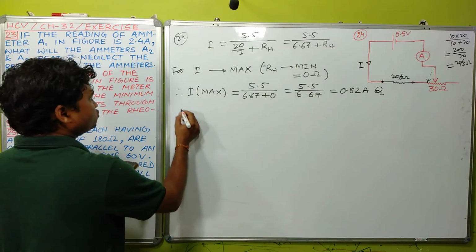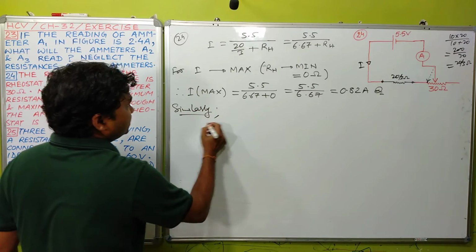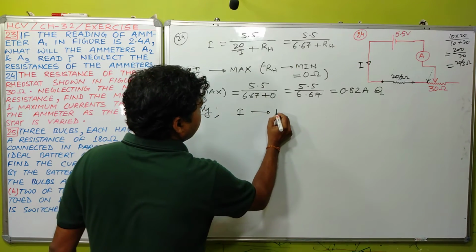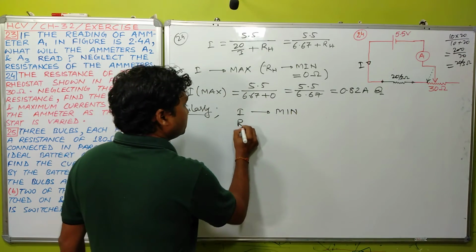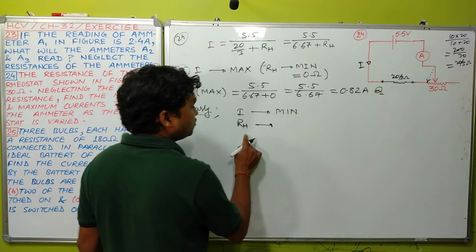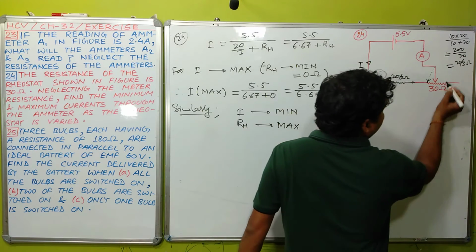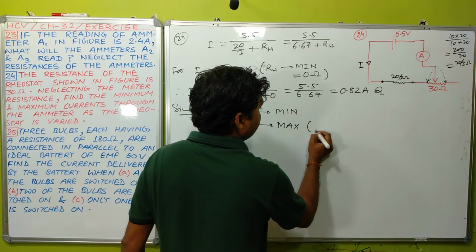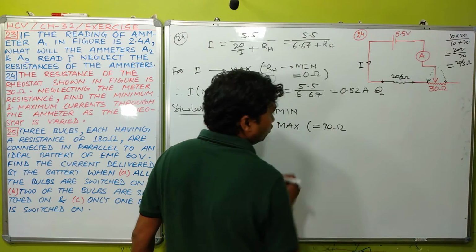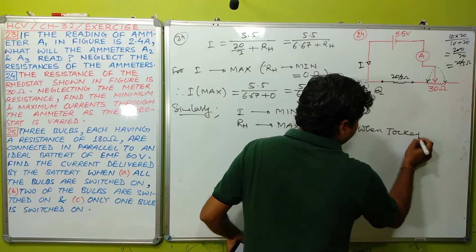Okay, similarly student, you can understand, for the minimum value of I, the value of resistance of the rheostat should be maximum, and its maximum value is when the jockey will be at this position, and the maximum value will become 30 ohm. Here you can write when the jockey will be